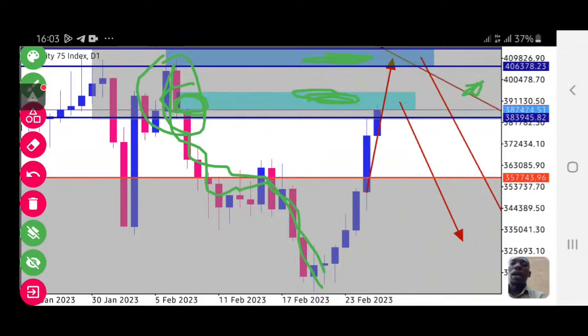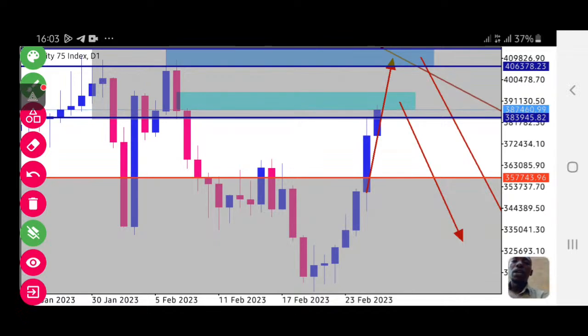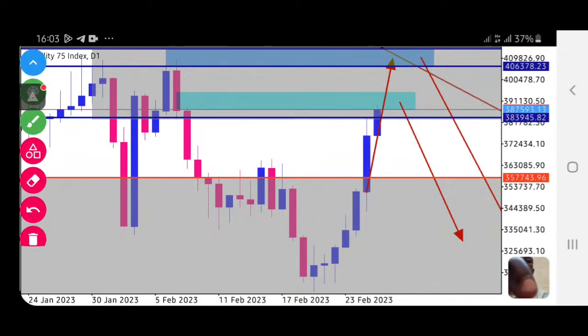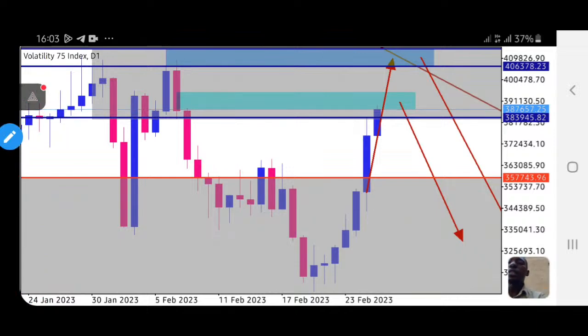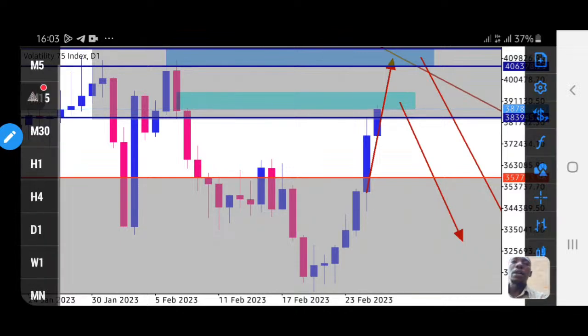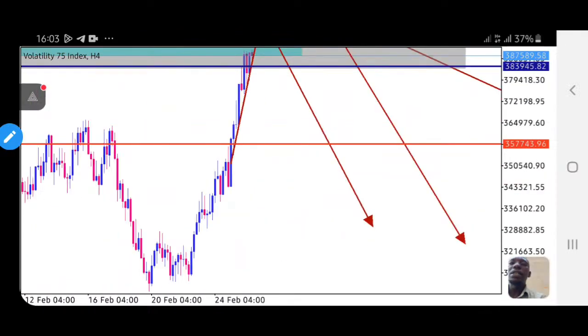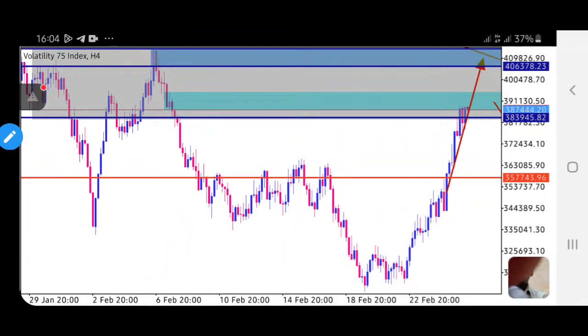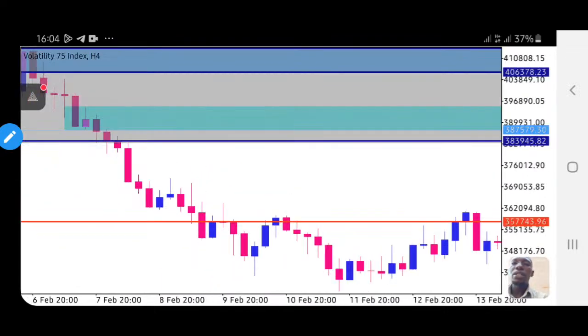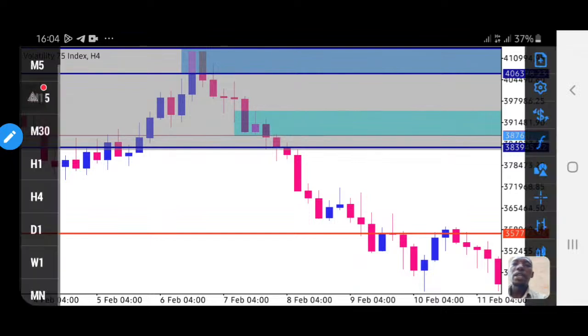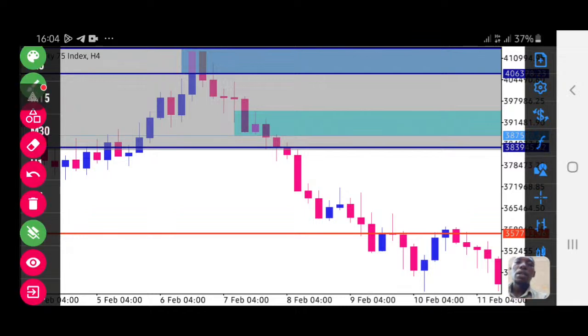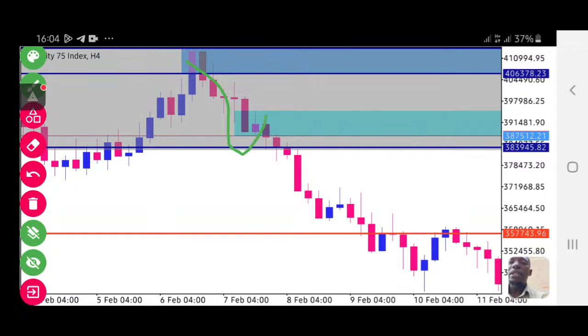So let us dive into H4 and see what is going on right now. Daily, we are done. Let us go to the H4. When you reach H4, you can see, guys, around this place, the market did something here around this area: the market came and tried to buy here, and then it continues.